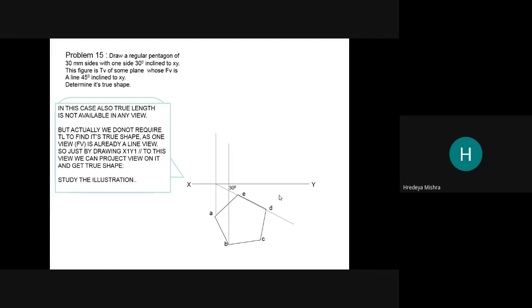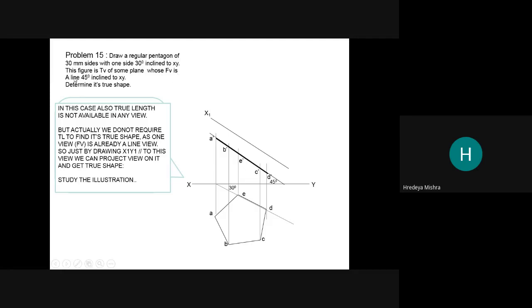Now we draw the projection, and what happens here? We just make a 45-degree angle from here and draw the extension of that, and we get different points here: A dash, D dash, E dash, C dash, and D dash here. Okay, like this, because what it says is top view.